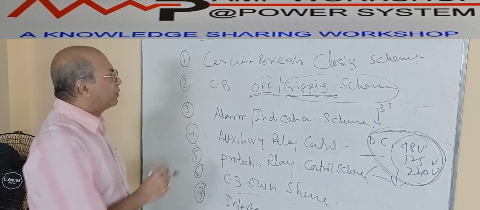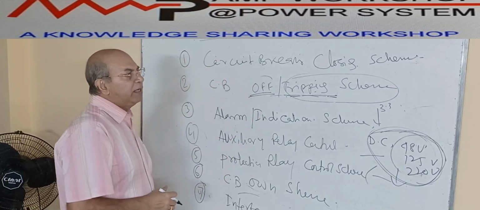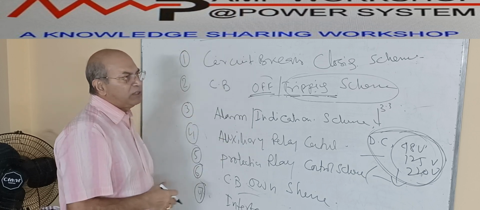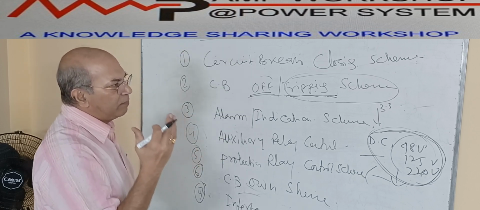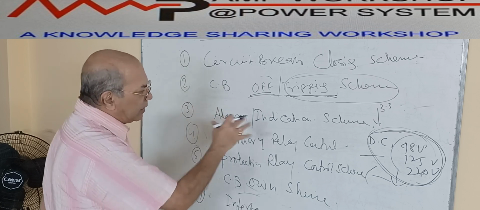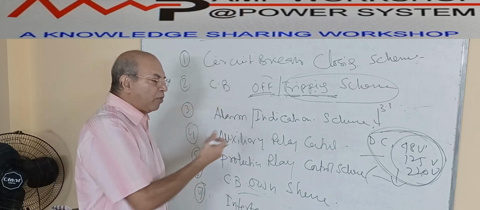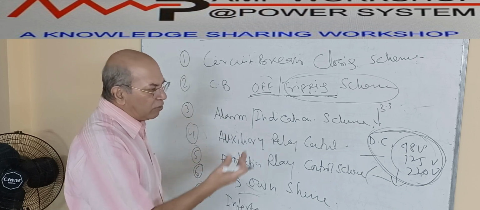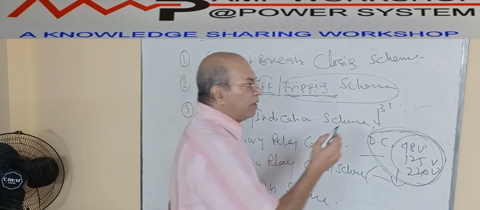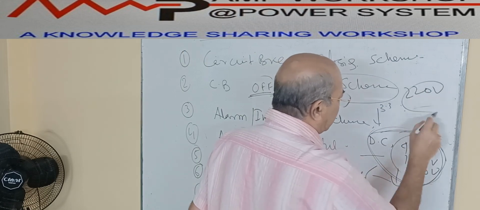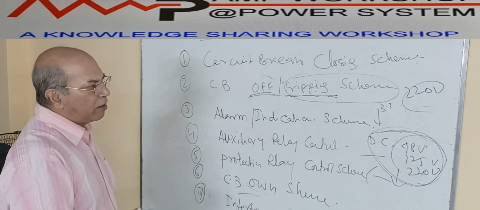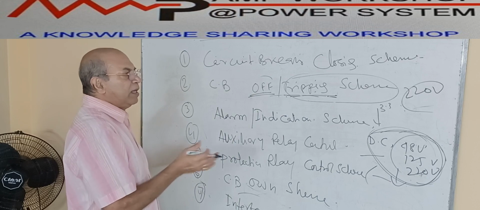In addition to this, the circuit breaker switchgear panel has some indicator, some lamp inside, a light for viewing inside the switchgear. Sometimes the switchgear has some plug socket for connecting a laptop or some other auxiliary devices. Inside there is a heater due to condensation. To avoid the condensation, there will be a heater that also needs auxiliary supply. Normally that is AC power supply, auxiliary 120 volt or 220 volt AC power supply. That is also inside the switchgear. So the control schematics of this auxiliary power supply, either control supply or auxiliary power supply, is also another part